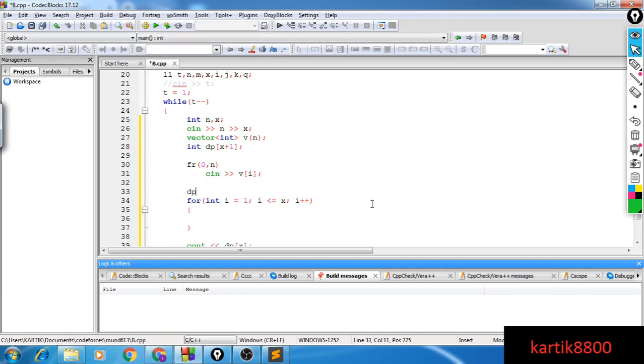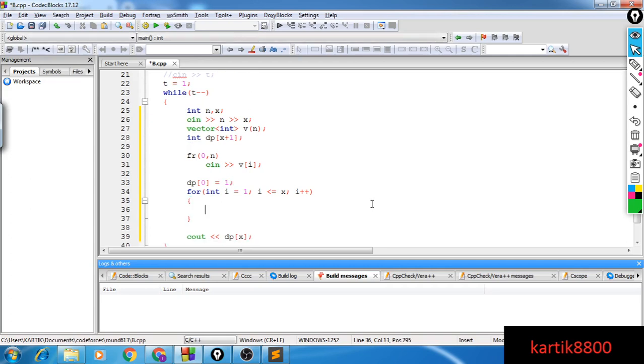Let's have a base case also, DP of 0. The number of ways to form the total sum 0. So you don't take any coin, and that is one way of forming the sum 0, and that is the only way. You don't take any coins, and that is one way to form a total sum of 0. Now you want to form the sum I, so you will pick coin 1, coin 2 and so on until all the coins and try out the various possibilities.